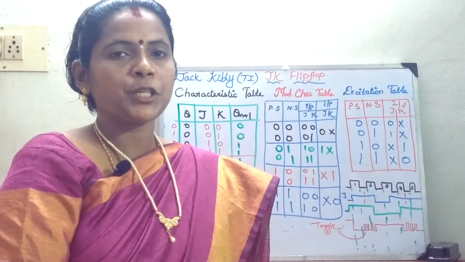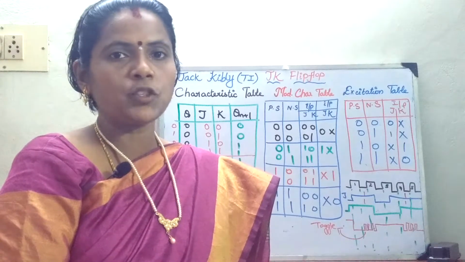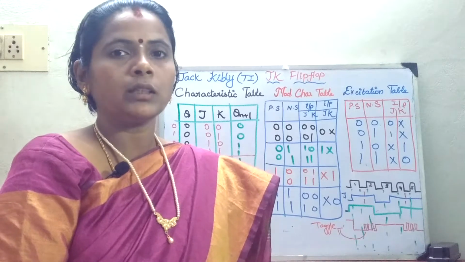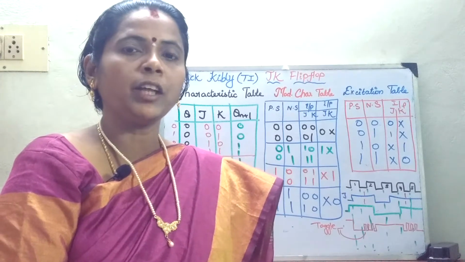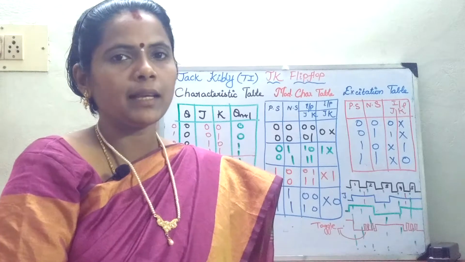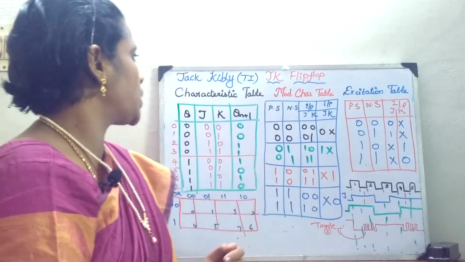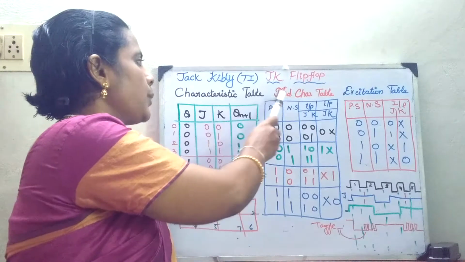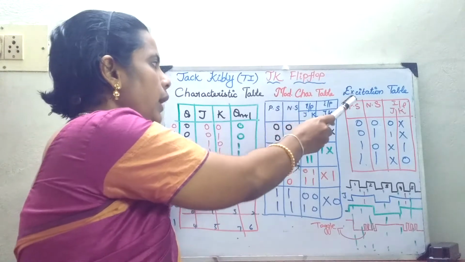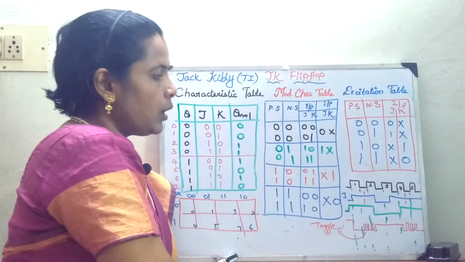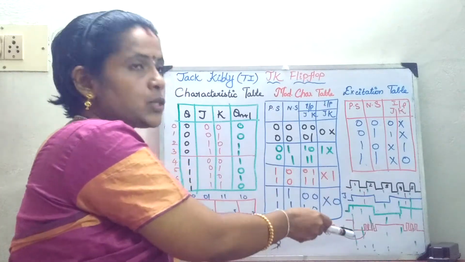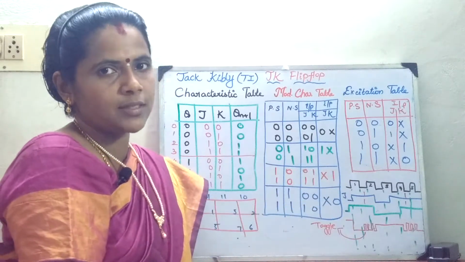In the last session, we have seen the working of the JK flip-flop, what the toggle condition is, and how you are able to overcome the indeterminate condition of your RS flip-flop. In today's session, we will analyze the characteristic table, modified characteristic table, excitation table, and we will derive a characteristic equation, and we will see what is the significance of this waveform in today's class.